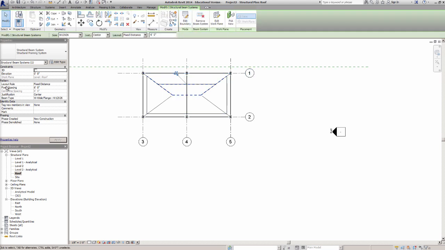You'll notice that there's spacing here, and so we get one beam in there. If I change this spacing down to 4 and we'll apply, you can see that you're going to get more beams in this beam system here. Now, if we look in 3 dimensions,